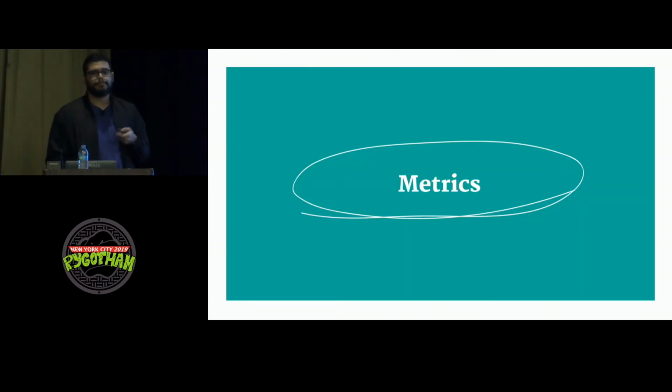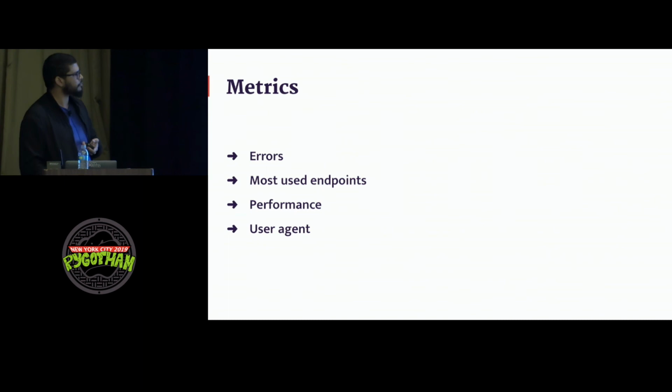Metrics. When you deploy your API, you need to start measuring it so you can get feedback later on how to improve your API and your docs. Not your API per se, because it's hard to be incremental on API design, since our users will only use it once. They won't be expecting new features to develop the integration again. But you can use metrics to improve your API docs.